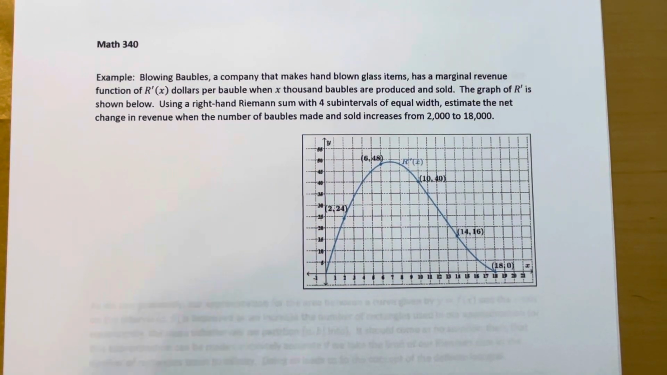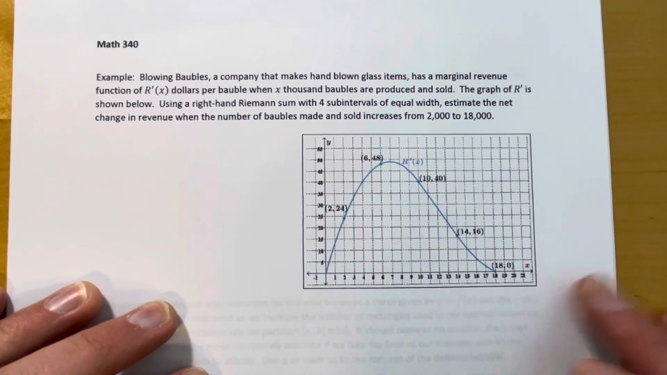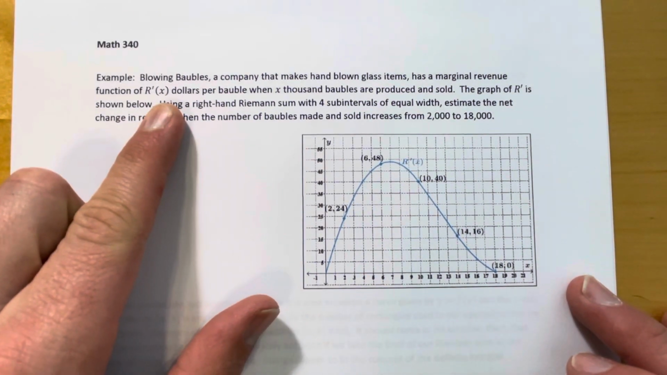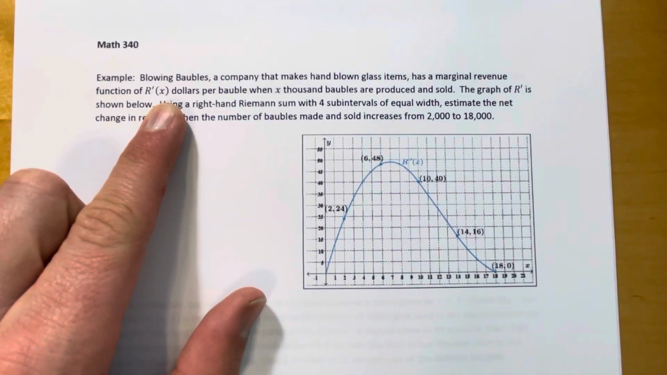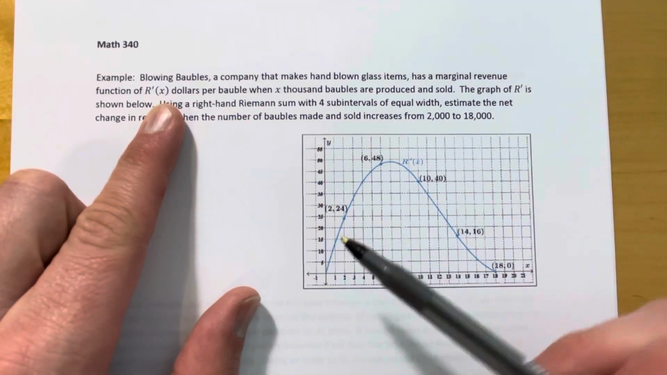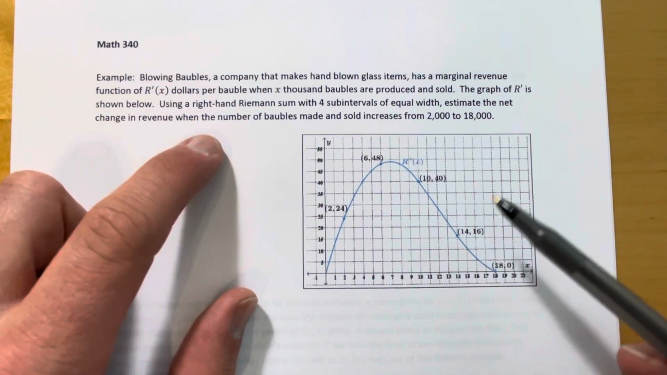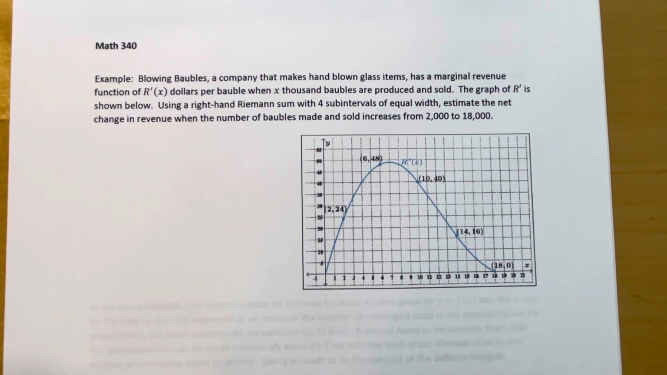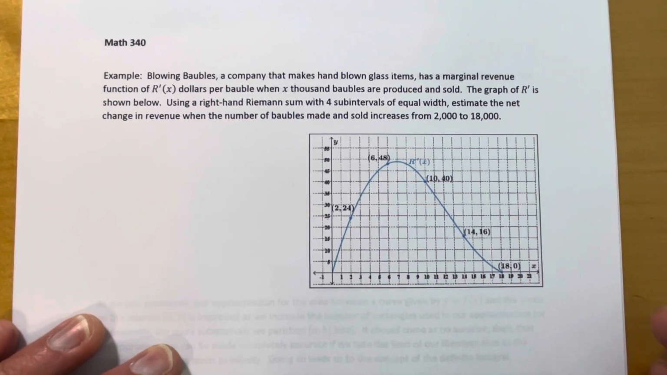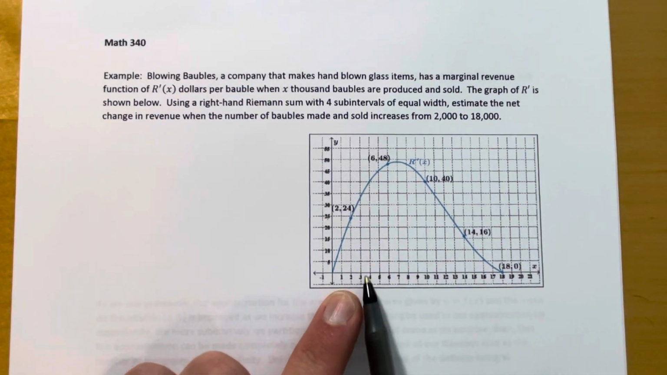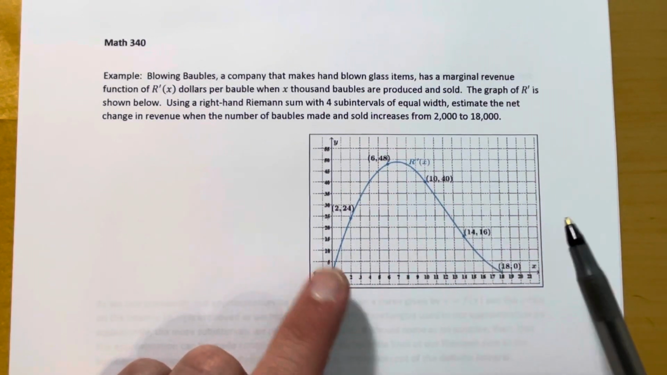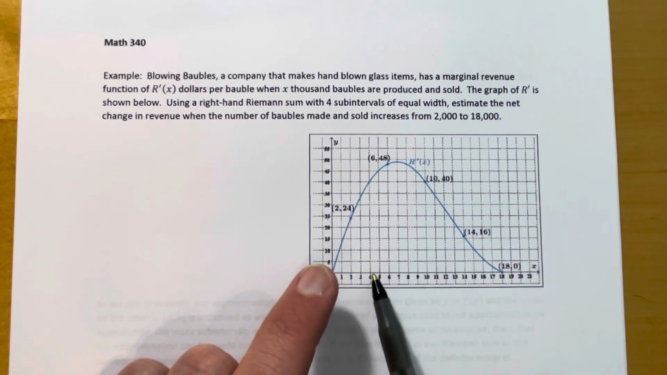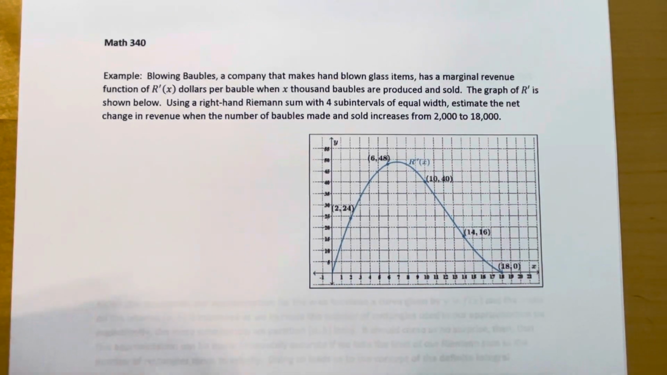So the key here is that we're looking at a marginal revenue function, not a revenue function. And remember, the marginal revenue function is a derivative specifically of your revenue function. So this is not the graph of the original R of X. This is the graph of R prime. And based on the discussion that we had towards the end of the last video, the area under a curve where the curve is a derivative of something from A to B, whatever that interval on the x-axis is, gives you the net change in the original function